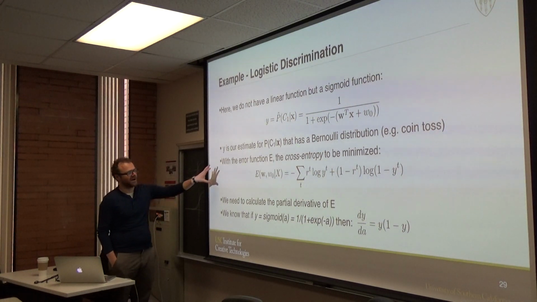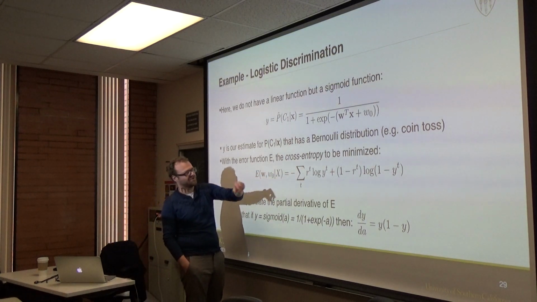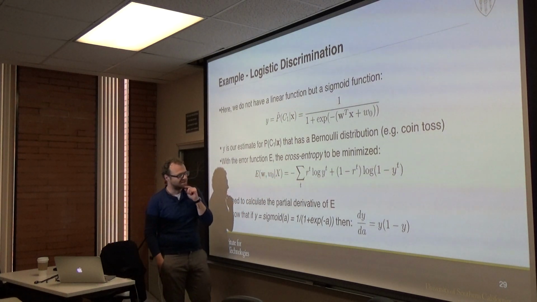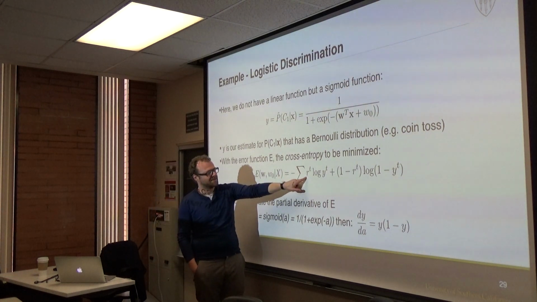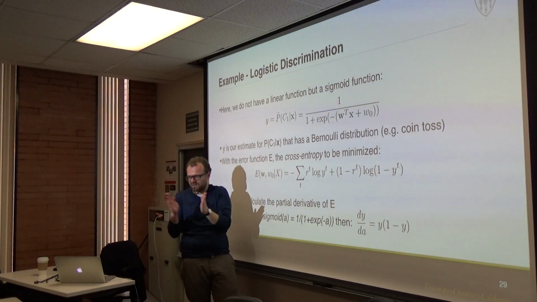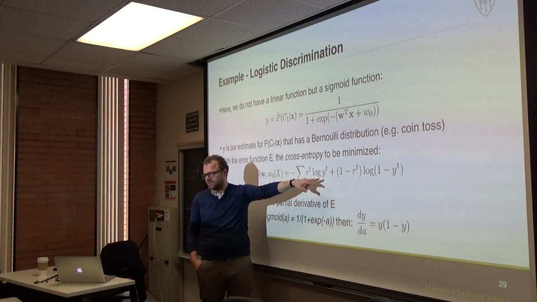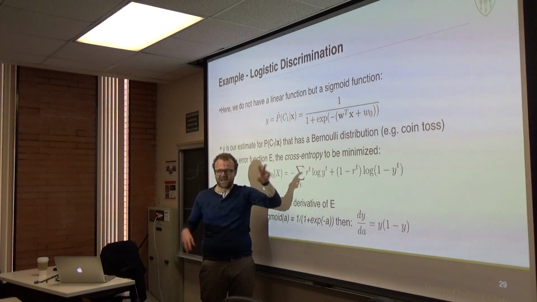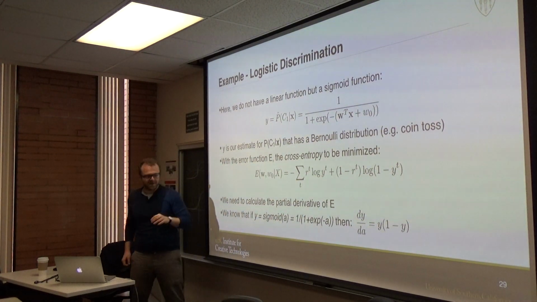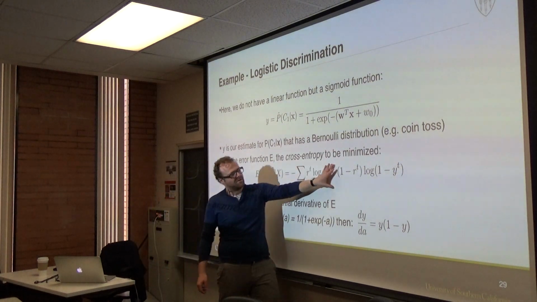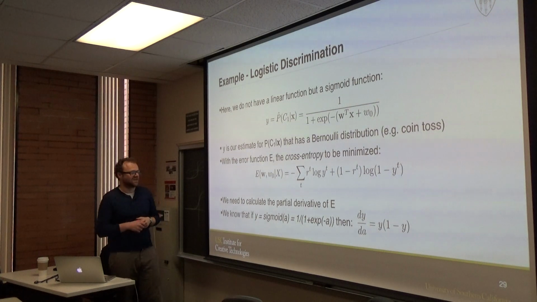And the error that we define here is the cross entropy. In this case, the cross entropy is what we want to minimize between what we predict and what the target is. Okay, so that's what it actually is, and that's what we predict. We want to minimize that, okay? And this is just one error function that we can define. And the cool thing about this error function is